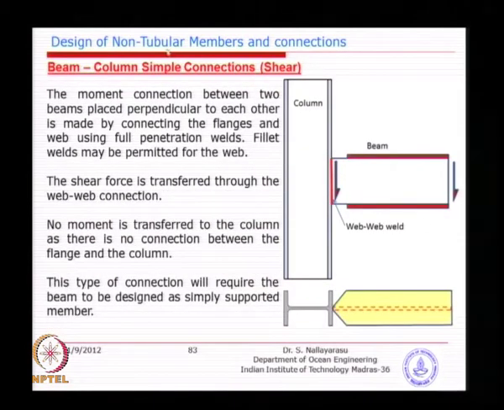Simple connection, how do we make a simple connection? It is very simple, basically the moment is not taken. That means you will not bring the flange to weld it towards here. So, only shear can be transferred, because you will not be able to decouple, because there is absolutely no flange to decouple; the flanges are removed. So, what we normally do is remove the flange in the near vicinity of the connection, so that it can only transfer shear.